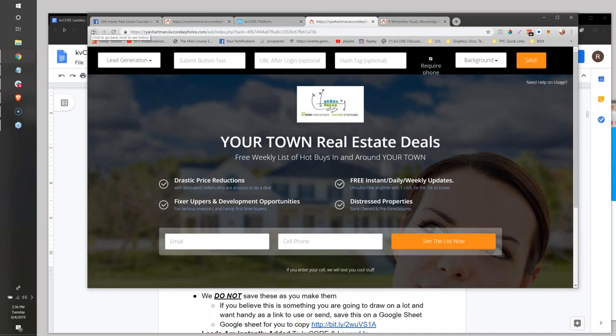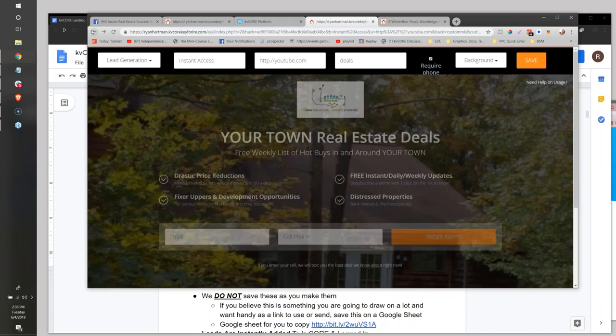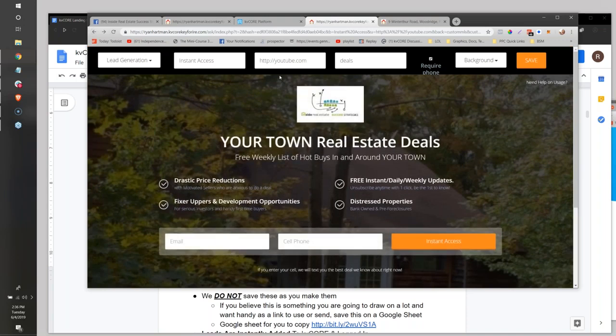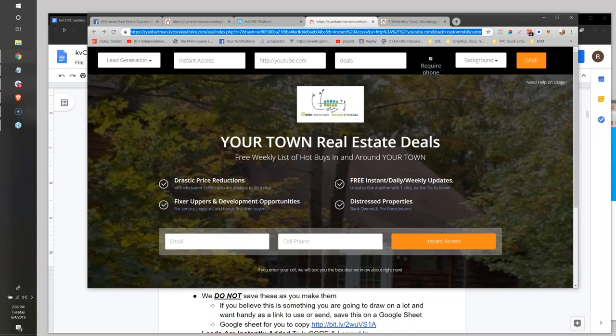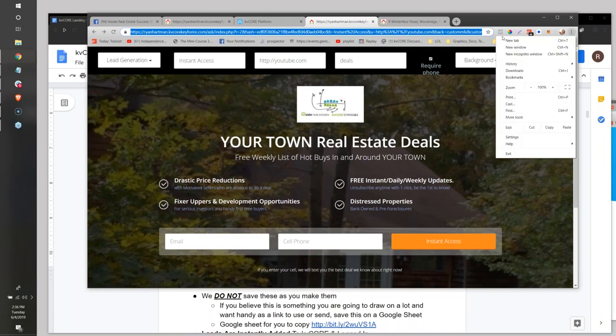Really careful. And also, if you look in the browser before we save it, you'll see a huge link. See that super long string? That means it's not a full-blown landing page yet. We haven't saved it. This is not something to take and share, which some people have misunderstood for a completed link. So you always need to click save. The page will refresh, and then you'll see a little green share guy up in the left-hand side, and then a shorter link will land in the browser when you save this